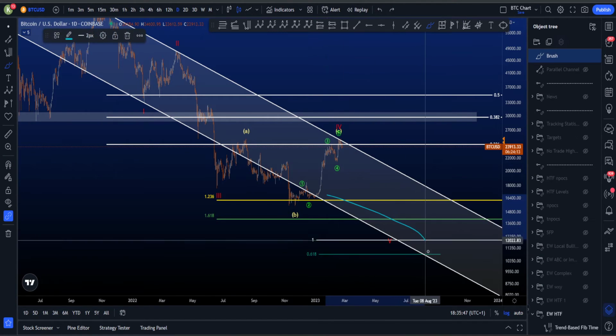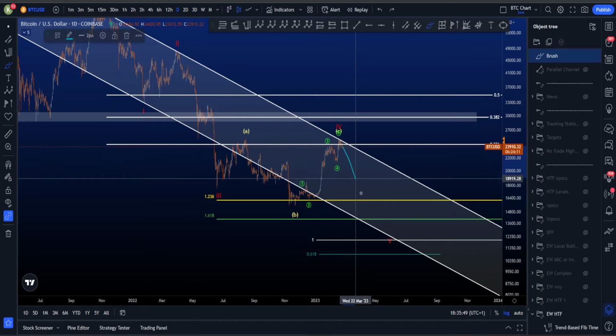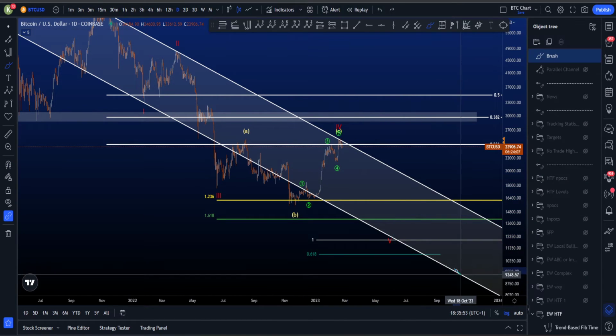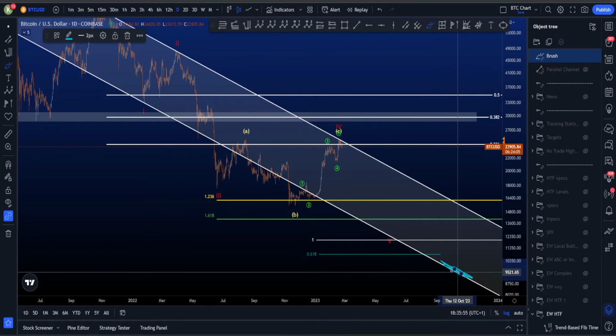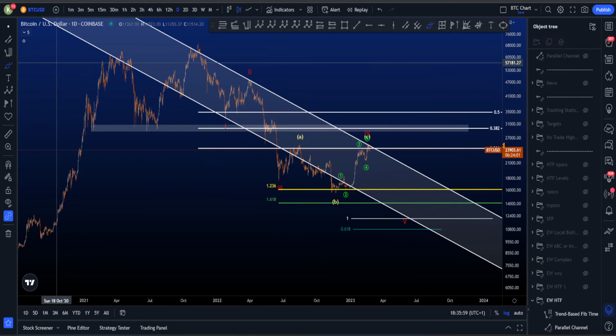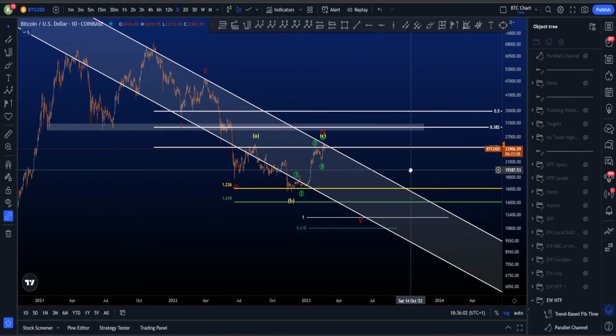And as you can see, the channel goes down very, very steep. So if we want to move down, we have to do it pretty quickly because time is running out, and then maybe we would go even below all these targets, which is of course very rare. So that being said, this is a potential